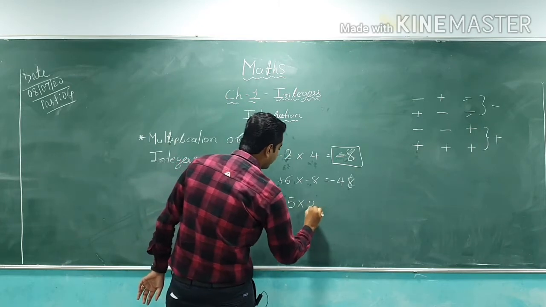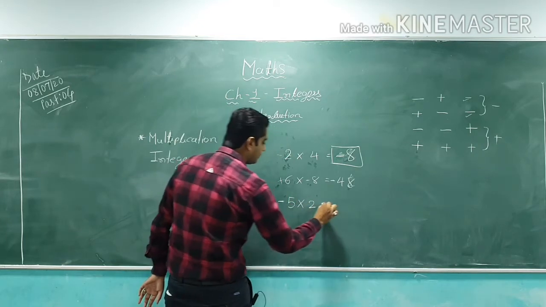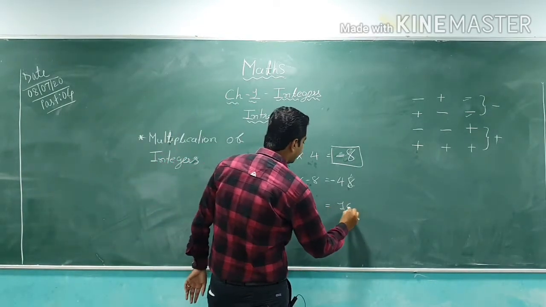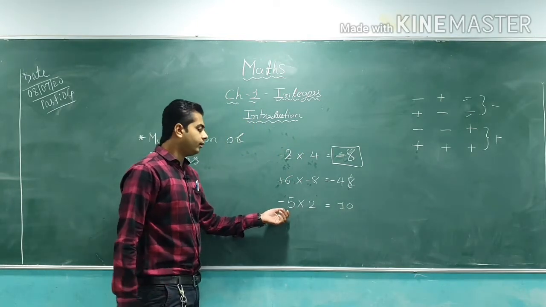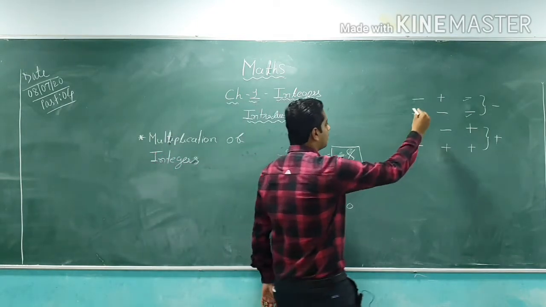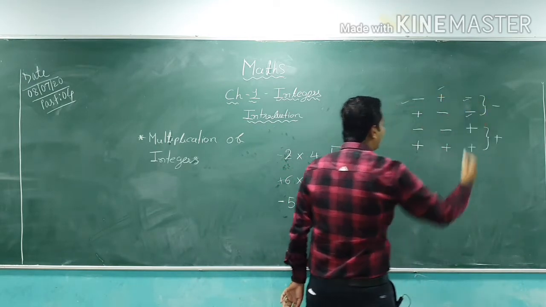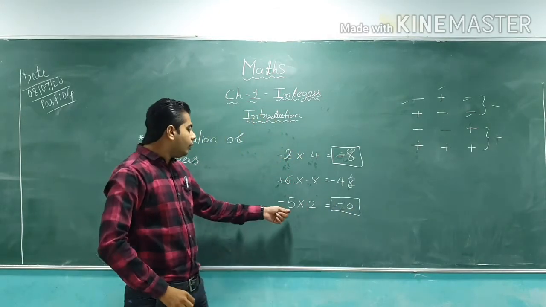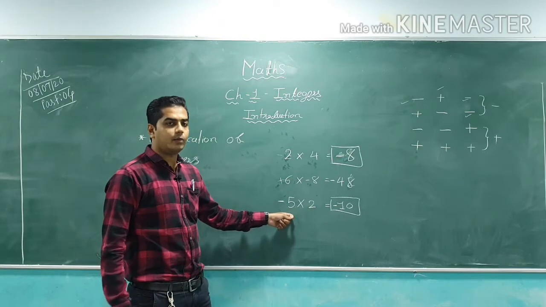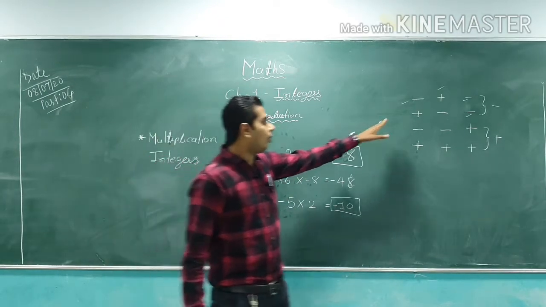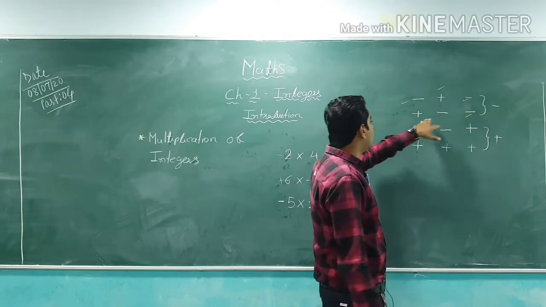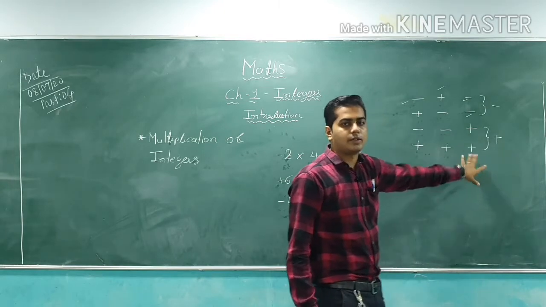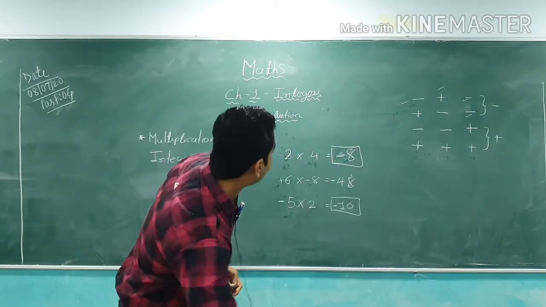Let's take another example. 5 multiply 2, and let's take -5. All of you know that 5 2s are 10. Easy. But what sign should I put here? For that, -5 and +2. So minus, plus is what? Minus. So here -10. In addition we look for the higher number or greater number's sign, but in multiplication you have to follow this rule: negative, positive is negative; negative, negative is positive; and positive, positive is positive. So that's how you can do multiplication.